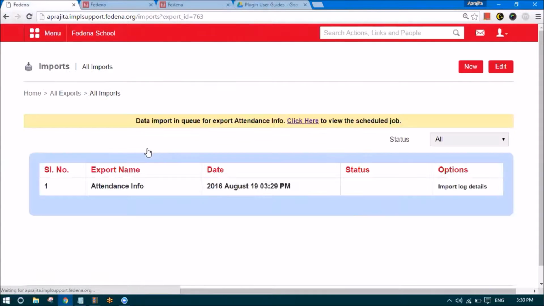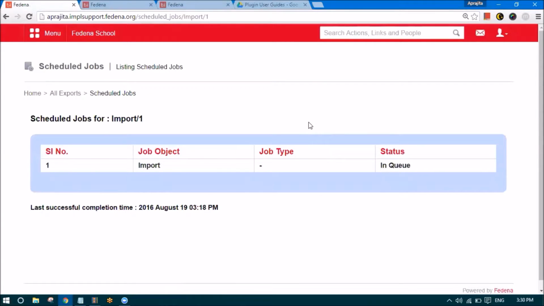When you click on upload, you will get this message. This message denotes that this action that we have just done will take some time to get reflected into the system. It becomes a scheduled job. So you can check the status of the job by clicking on click here, and you will see currently it says in queue. So it will take some time for the status to change to running and finally the job to get completed. So you can refresh the screen after a while and you will realize that the status gets completed. So this row will disappear then, and we'll be able to check the status of the rows that we have just updated in the sheet, and we'll see the same in the attendance register.